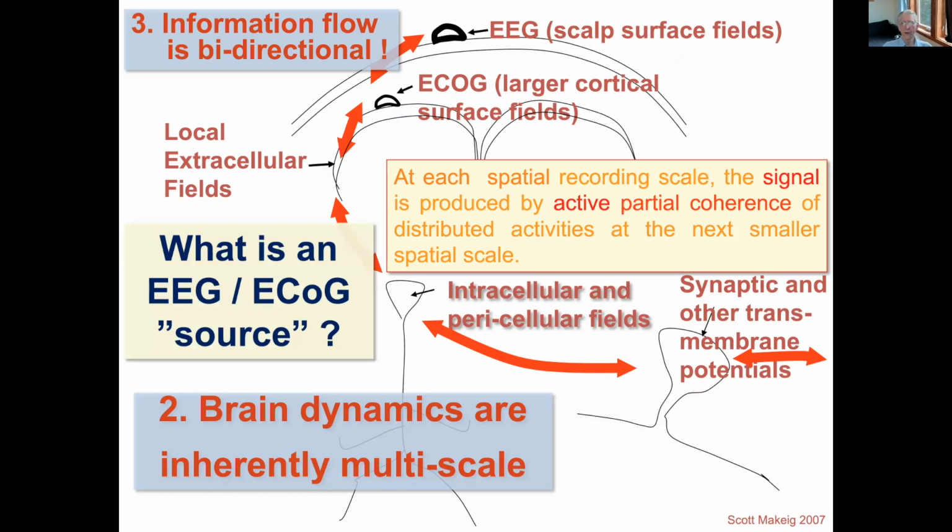Well, when we come to the EEG, there's been talk for decades about the source of the EEG. Well, the source of the EEG is primarily the cortex because of its favorable orientation and location with respect to the scalp. But what do you mean by a source? It's important to have that in mind clearly.